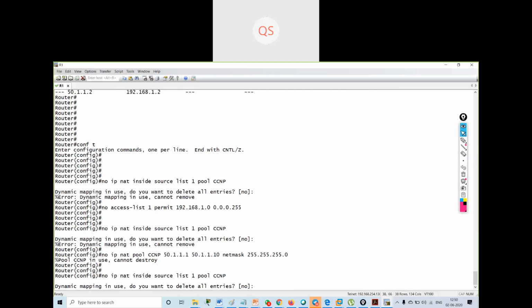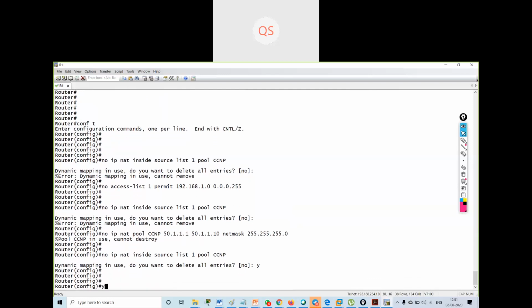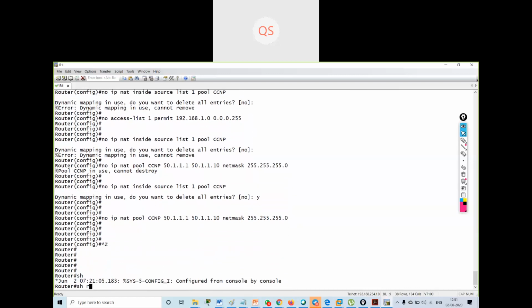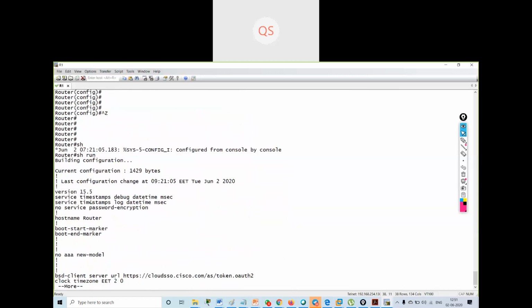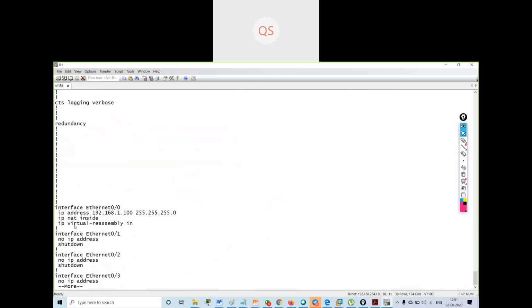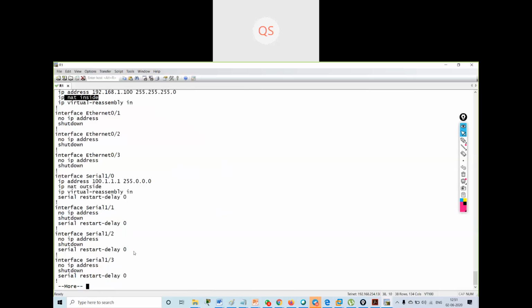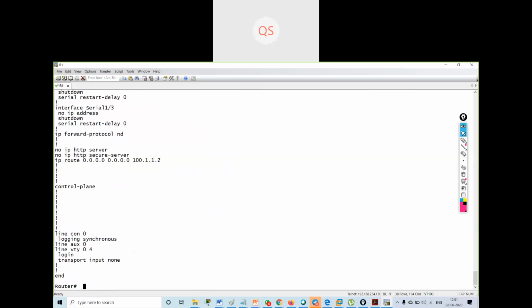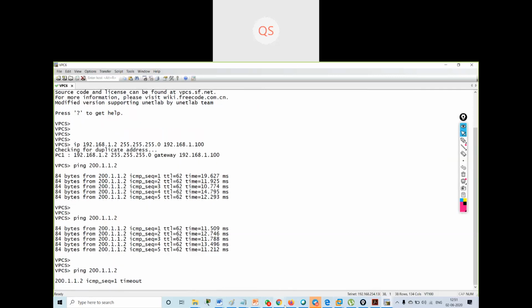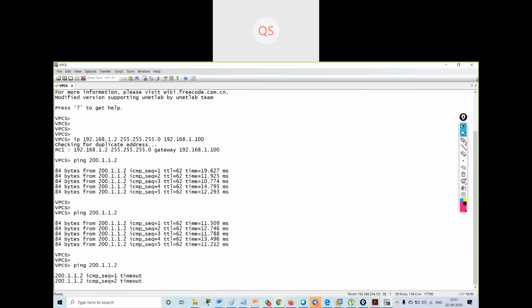Dynamic mapping in use. You want to delete all entries? Yes. Then I will remove this. If I go and check show run, I should not have any configuration, no access list, nothing, just my interfaces configured with NAT. If I verify from my PC, I will not be able to ping the servers.